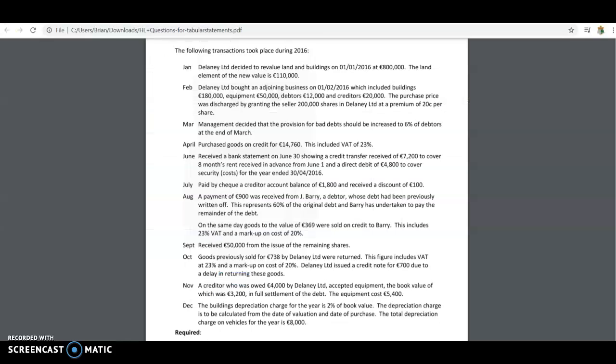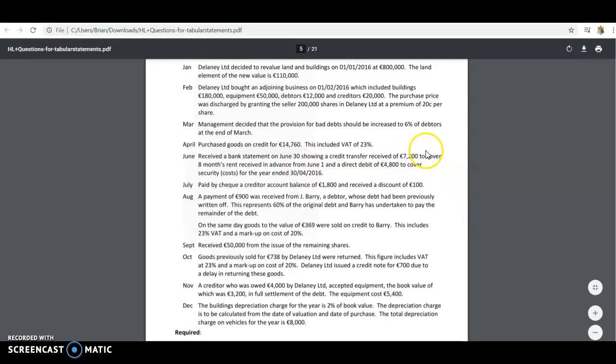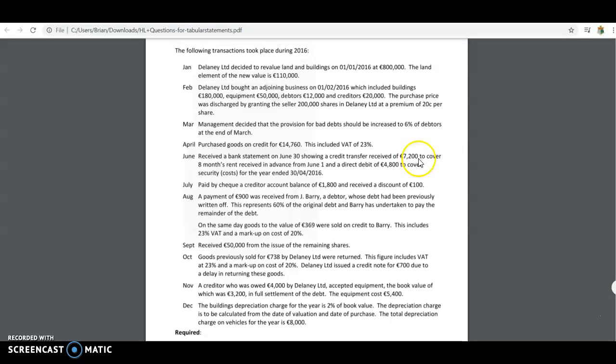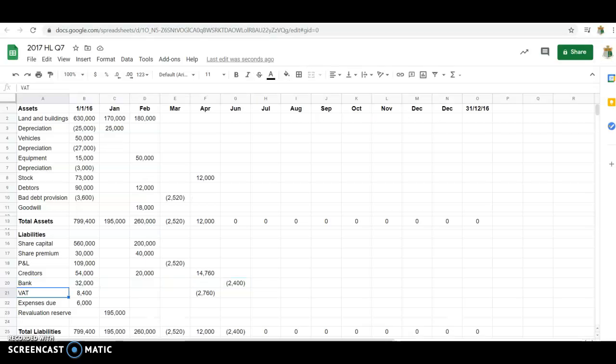All right. The other bits of the question then, so received a bank statement. 7,200 is to cover 8 months rent received in advance. So some of that's going to be for this year, some of it's going to be for next year. We're going to deal with the this year, next year split later in the question. All right, that's why we have that second column for December. For now, I'm just going to put in rent receivable of €7,200. Okay, and income receivable is a liability. All right, so down here, another new liability created. So rent receivable,